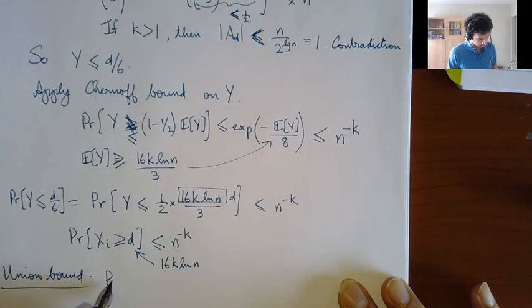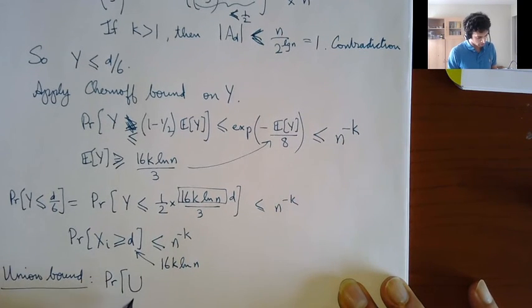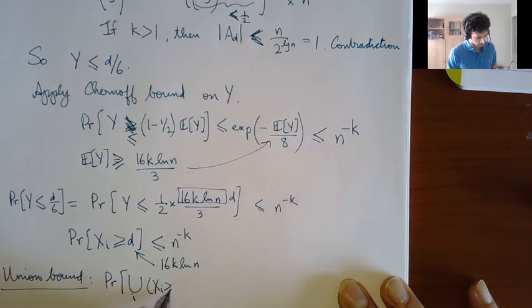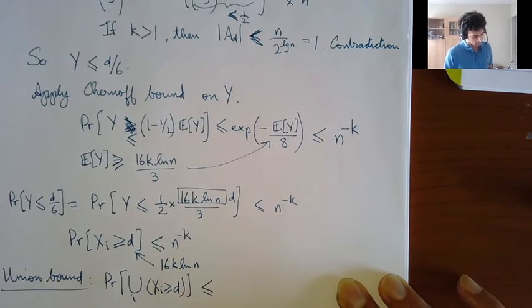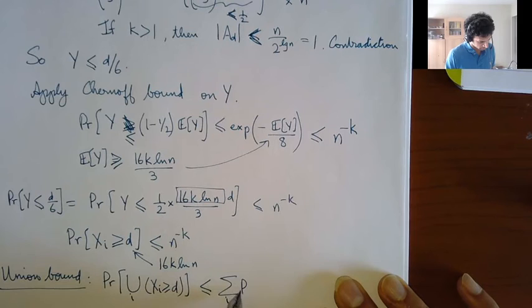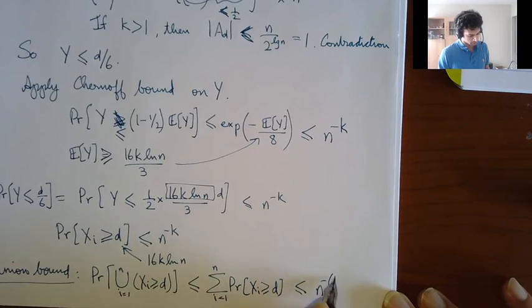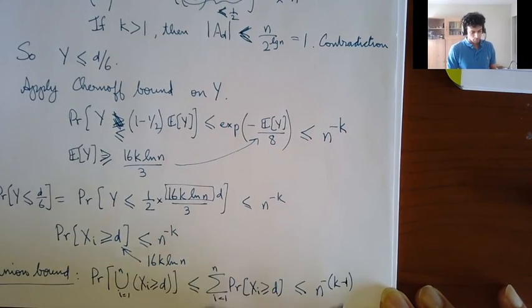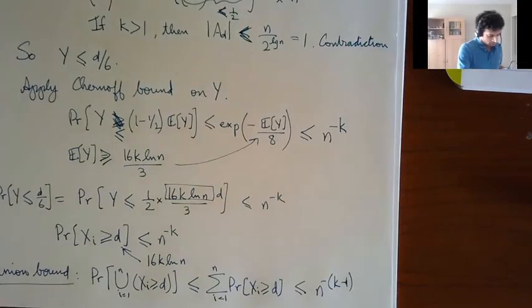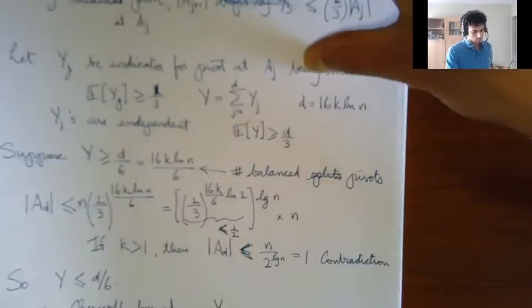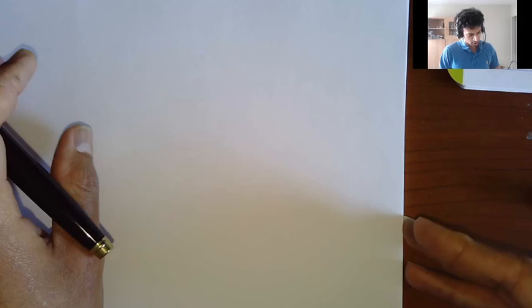So the probability over the union of i that xi is greater than d is at most the sum over all i of the probability that xi is greater than d. So i is going from 1 to n, and this I can just bound by n to the minus k minus 1, by the union bound. Now what this means, writing out separately, is just saying that the probability that randomized quicksort